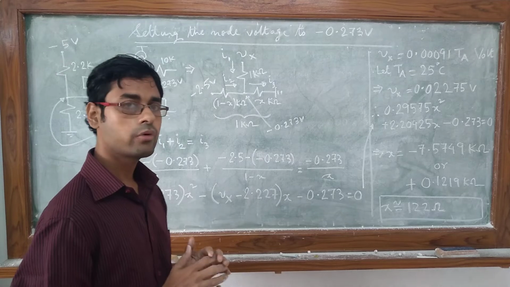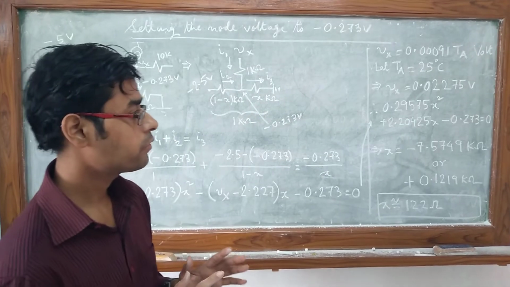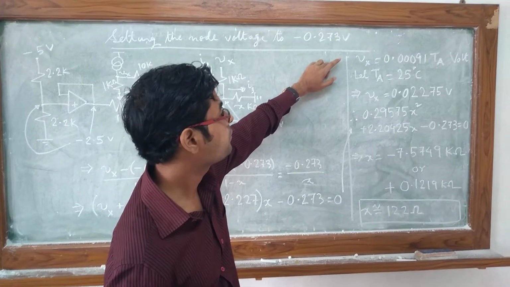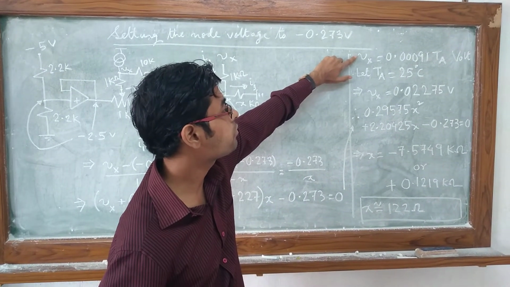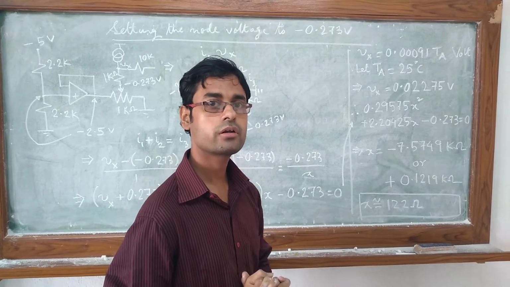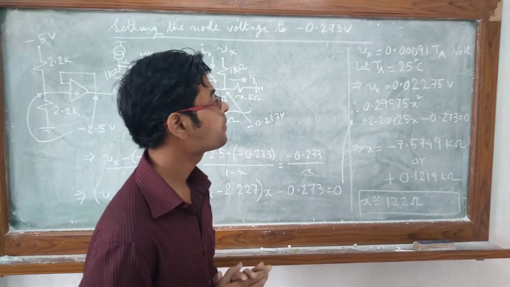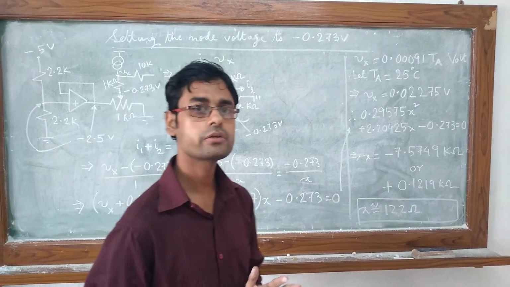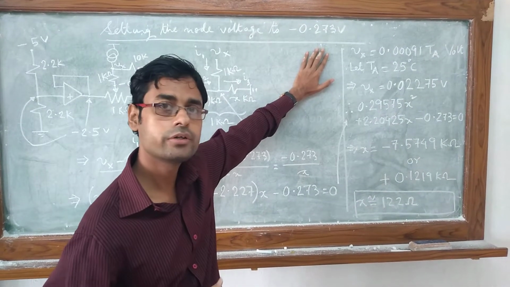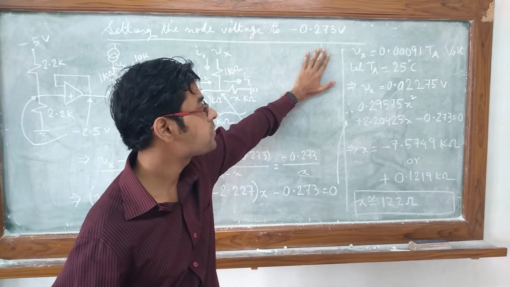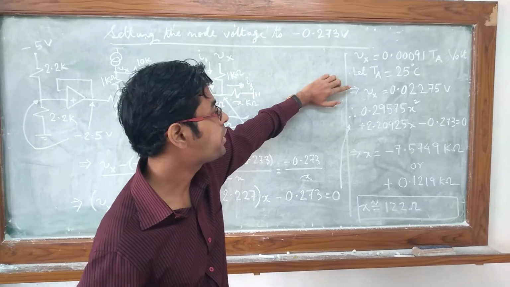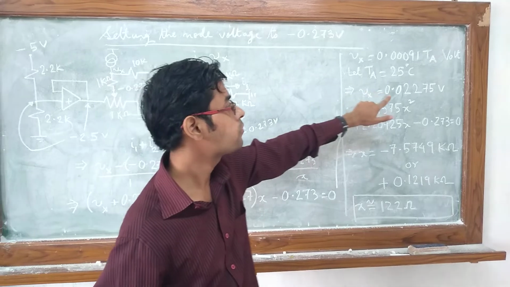And then we can take one example to identify the value of x. So let's say that we had derived the expression for Vx as 0.00091 times TA volts, and assume that the ambient temperature was 25 degrees centigrade. So we are working in the lab condition at 25 degrees centigrade, where the temperature of the cold junction is this much. So we have Vx is equal to this number,